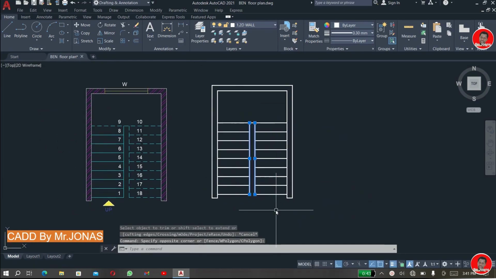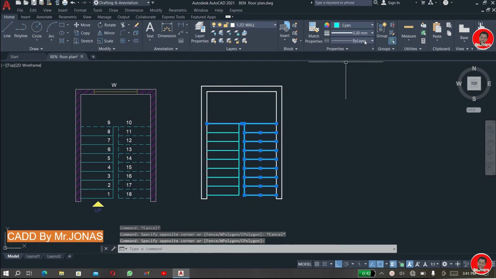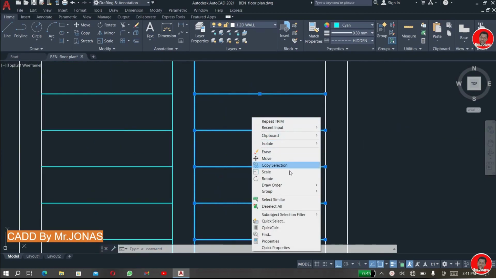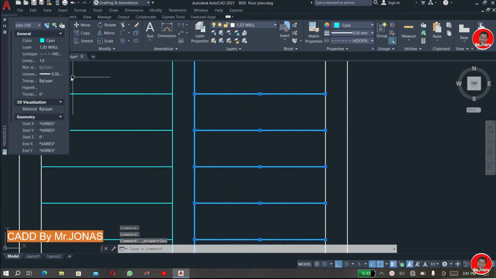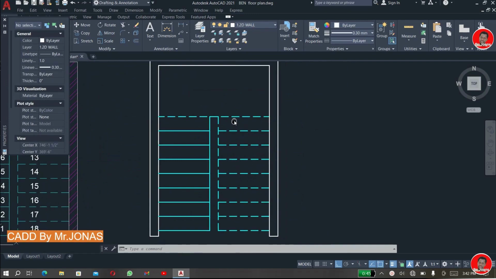And change the color of the line. Okay, and change here to hidden. You see here, oh, it's small, so right click, come to properties, change here, type 20. Here don't press spacebar, press the main enter on your keyboard. So you see,